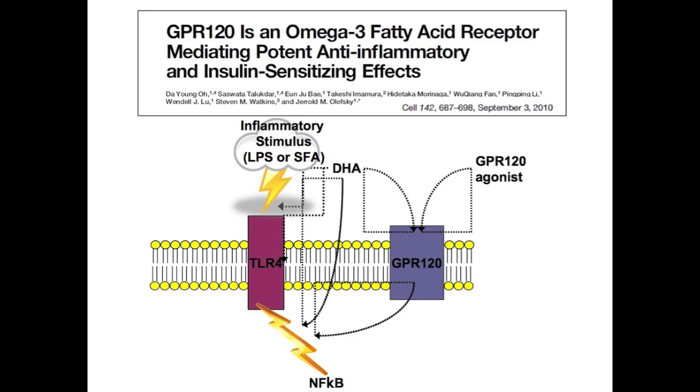Just if you're interested, about 3.5 years ago, actually it's 4 years ago now, some Americans showed there's a receptor on the surface of inflammatory cells for omega-3 fatty acids. So just like hormones have receptors and fat-soluble vitamins have receptors, people have discovered omega-3 fatty acid receptors now. And these receptors act in an anti-inflammatory way, although more work is needed in this area.